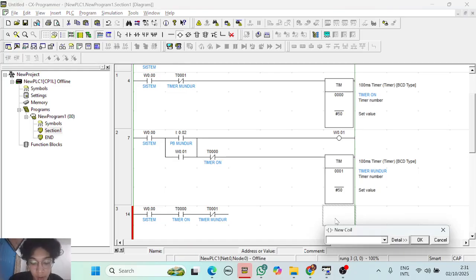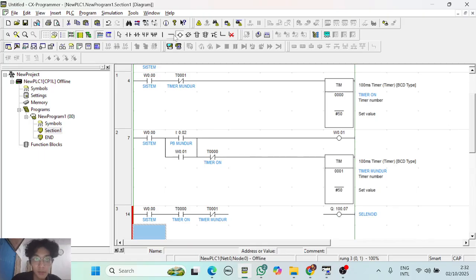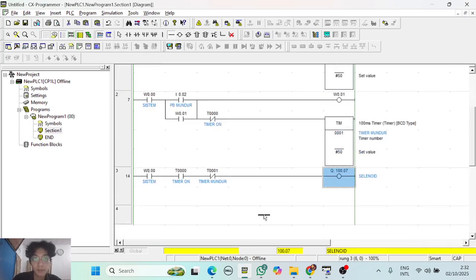The output we can address it 100.07. Enter. We can name it solenoid. Okay, connect the line.